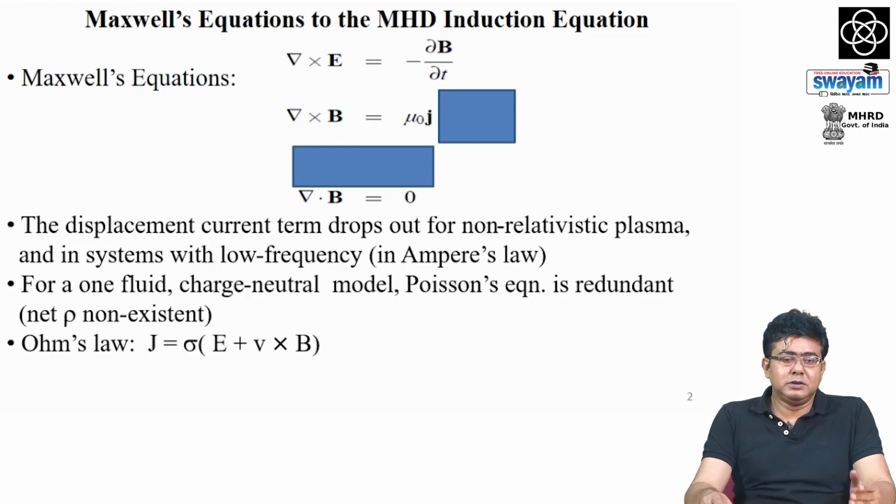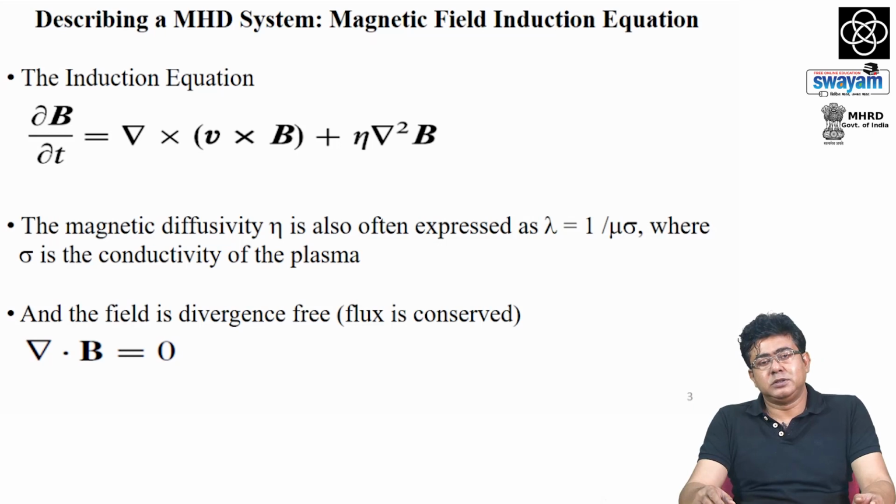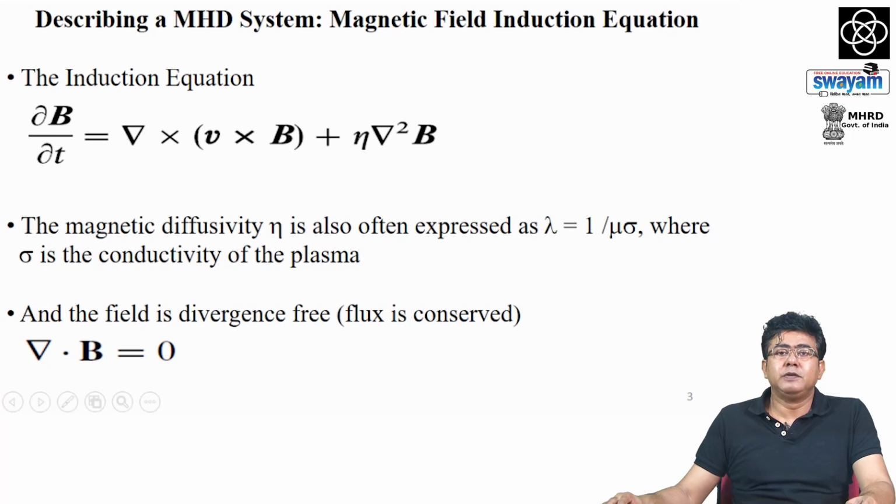Now, play with the remaining equations and Ohm's law, try to get rid of the electric field and the current density, and get a relationship between the magnetic field and the velocity of the medium, and you will essentially end up with what is known as the magnetic induction equation. This induction equation is the most fundamental equation in MHD. It relates the time evolution of the magnetic field B, which is in principle a function of space, given the plasma velocity V, which appears on the right hand side of the equation, and the diffusivity in the system,